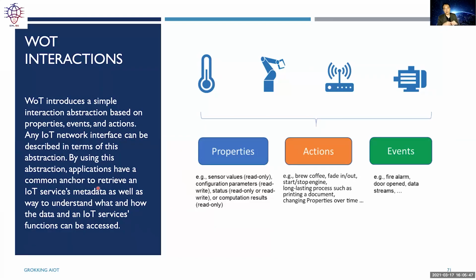But in the Web of Things, because it is more than just fetching, more than just request-response, more than just fetching information that we need to support, we try to make it a little bit more generic, right? So instead of just the URL, we also have these three notions.